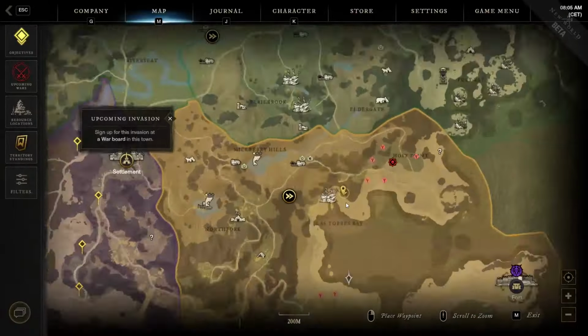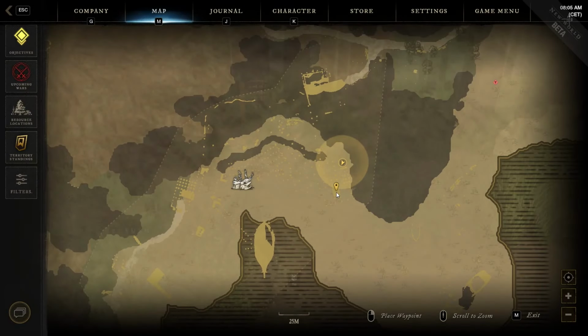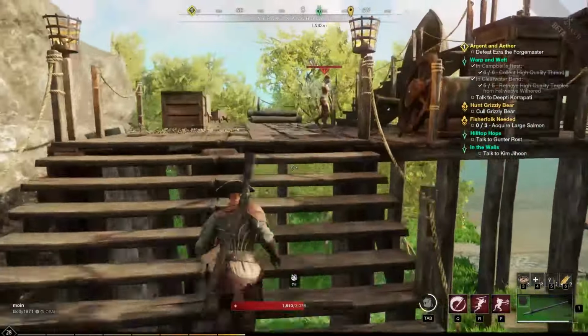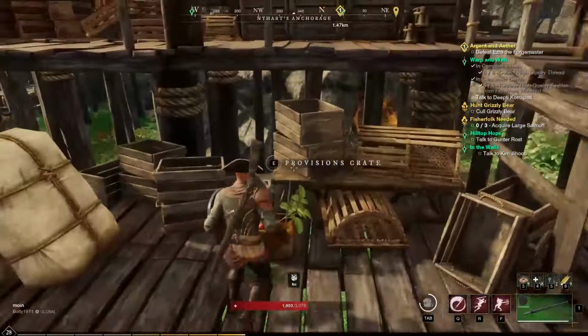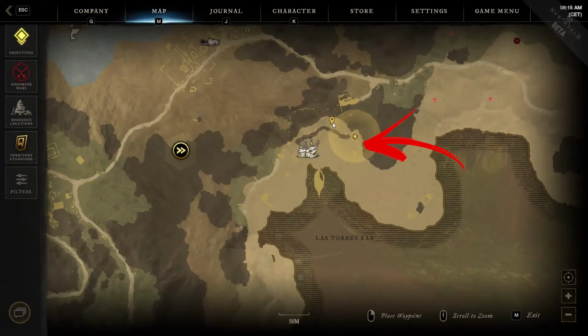For the 11th you have to continue exploring the Nihart's Anchorage Pirate Cove, but this time get to the bottom right margins of the area, where you will find a staircase to use in order to start exploring the Pirate Cove, at the end of which you have to follow the panoramic pathway around the next staircase. This will lead you to the next provision crate to loot,